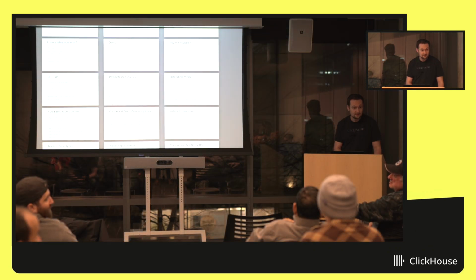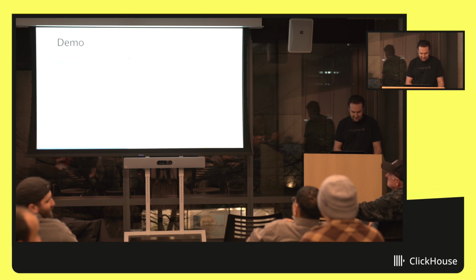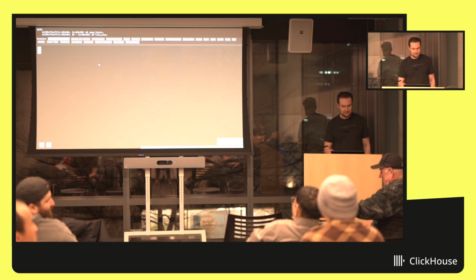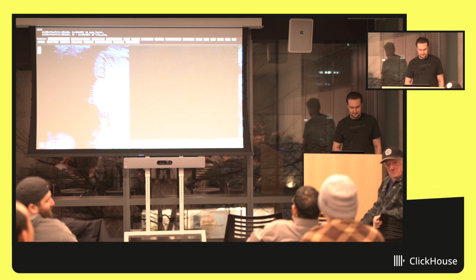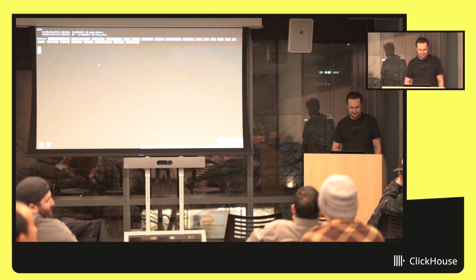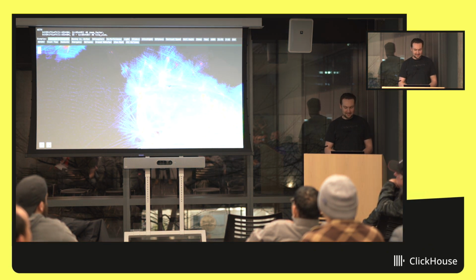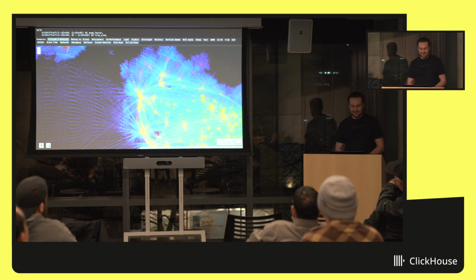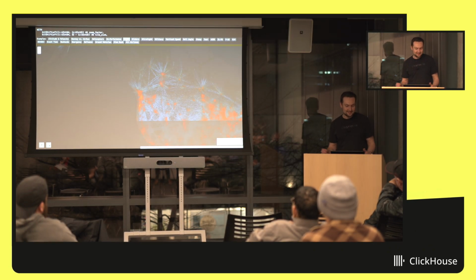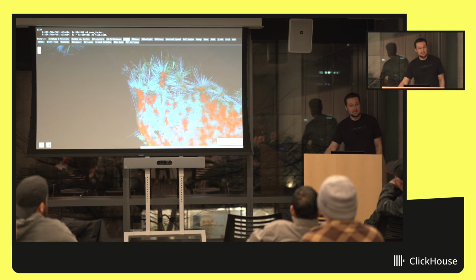ClickHouse is awesome. Obviously, we all believe that. But we do have a need to write UDFs in Rust because our compiler is in Rust. Is that coming? Or else we have to plumb all the data out? You know, it is interesting because you can write UDFs for ClickHouse in any language.